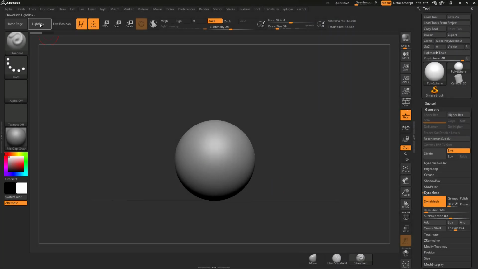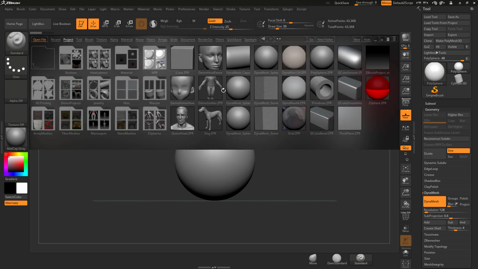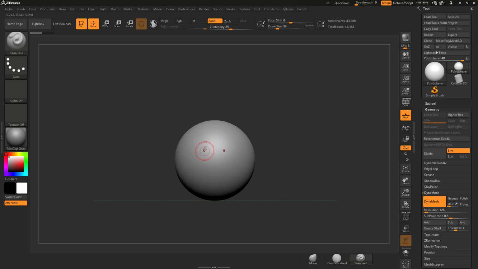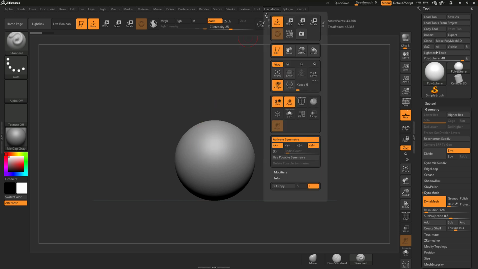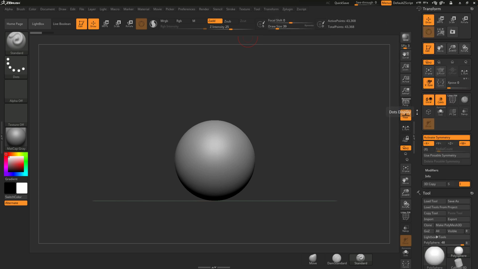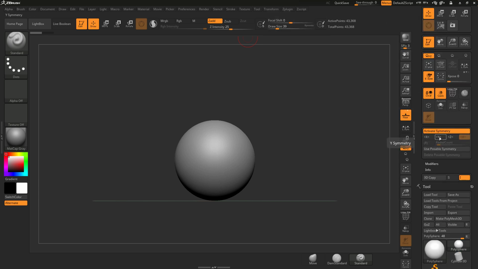So to start off, I'm going into Lightbox, opening up the Project tab and double-clicking to load our Dynamesh 128 resolution sphere, which I have currently set in the canvas. Now the next step, I want to go in and enable my Radial Symmetry. So let's put our transform palette in the tray, disable our X, turn on our Y, and let's enable that